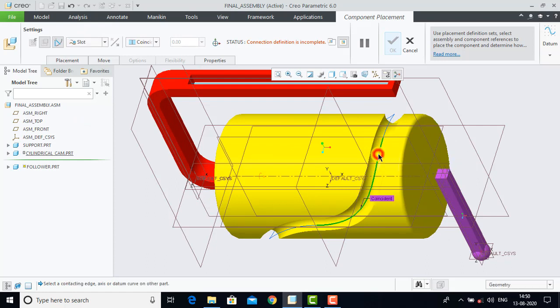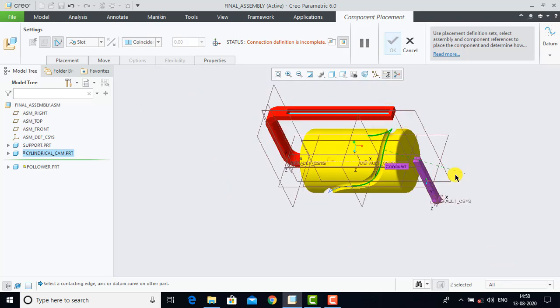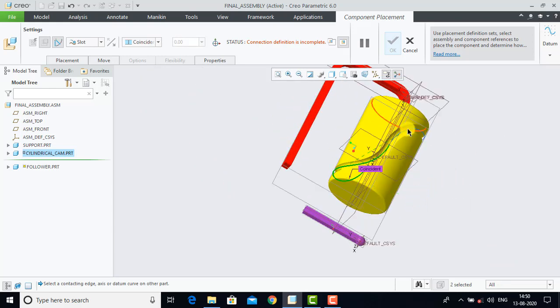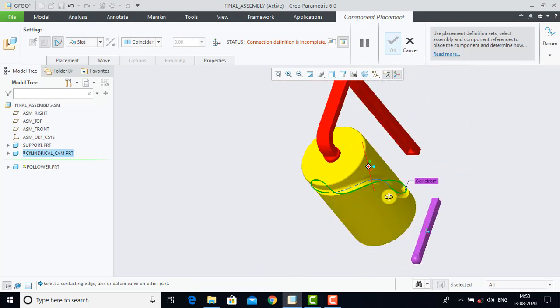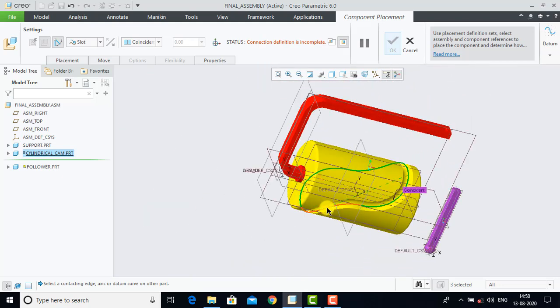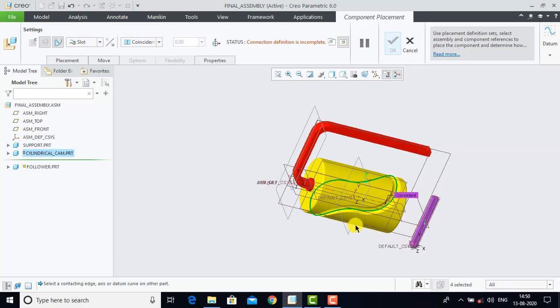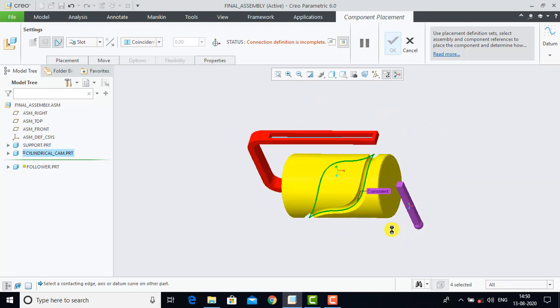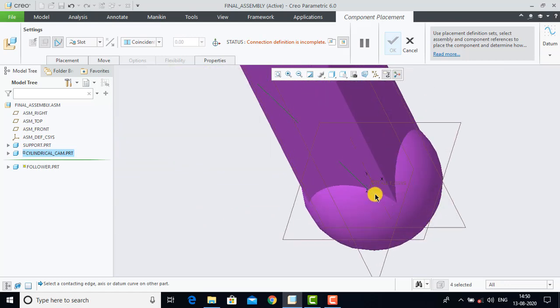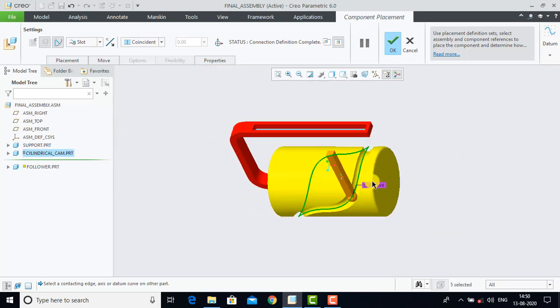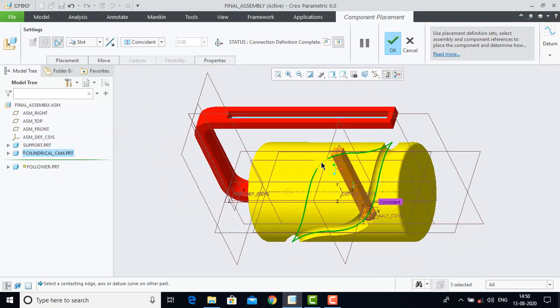So select here this curve, press Ctrl and select here all this curve one by one. Now after selecting all the curves, we have to select here the point that we have created at the center point. So select here that point. Now you can see that we have applied the slot.